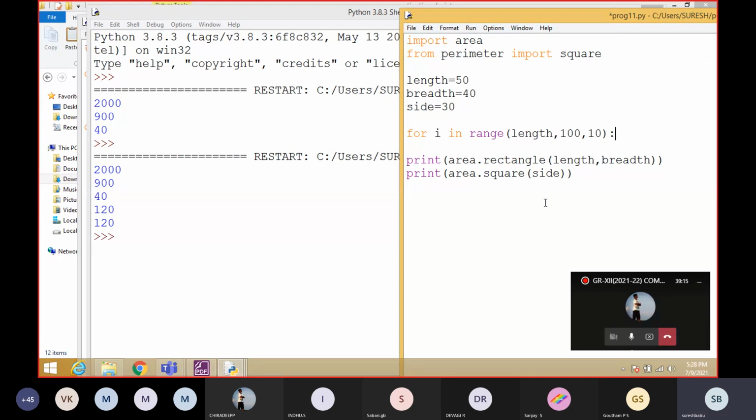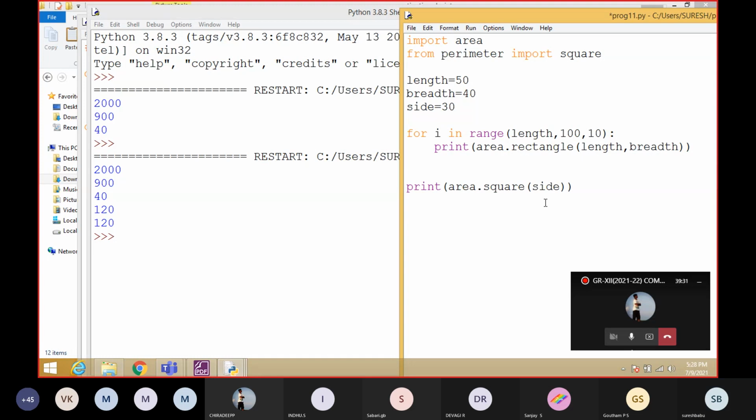The starting length value is 50. Inside, I'm going to calculate and print the area of rectangle repeatedly, just changing the length value.